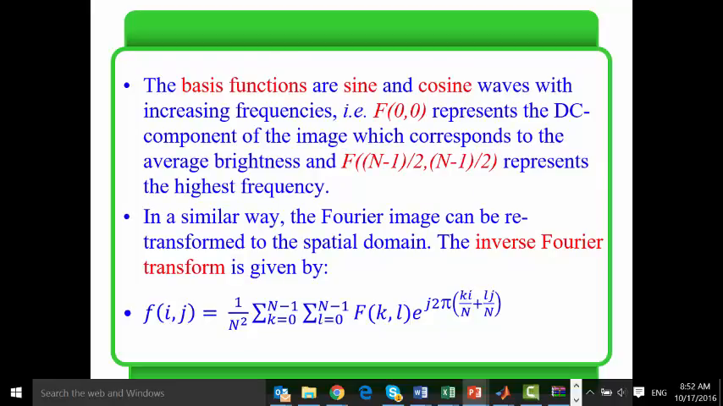Here it is saying that the basis functions are sine and cosine waves with increasing frequencies. So when we say F(0,0), it represents the DC component of the image, which corresponds to the average value. Okay? Here when the frequency is equal to 0, this means that I'm interested in the average value, the value that does not change. The average value of the whole image. And F(n) represents the highest frequency. Here actually it should be n minus 1. I will see later why it is divided by 2. But for the time being, as n increases, this means that I am interested in the highest frequency